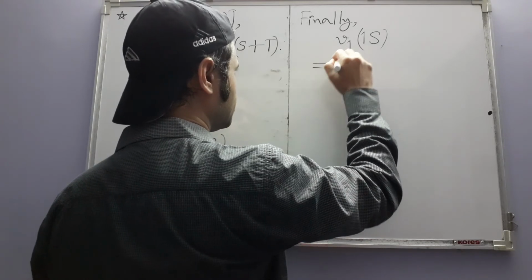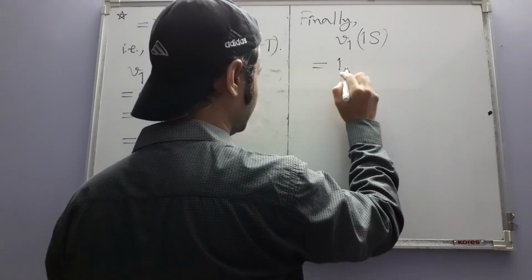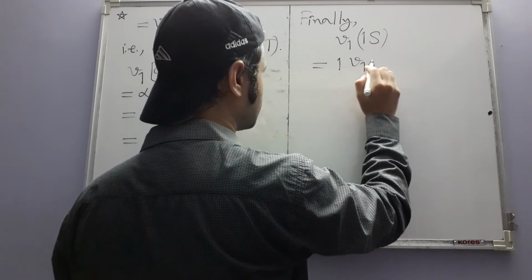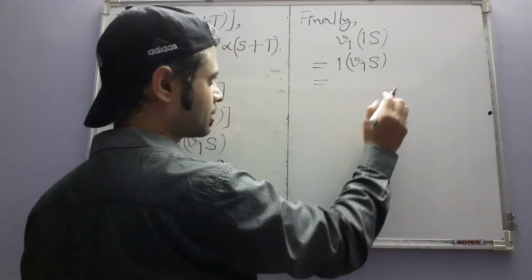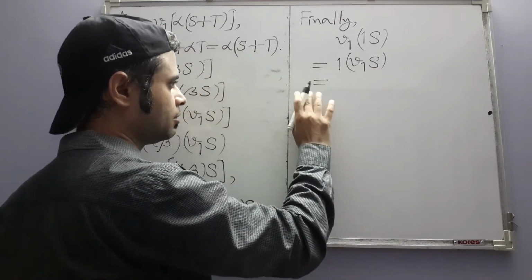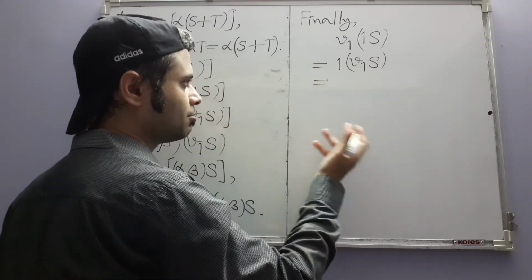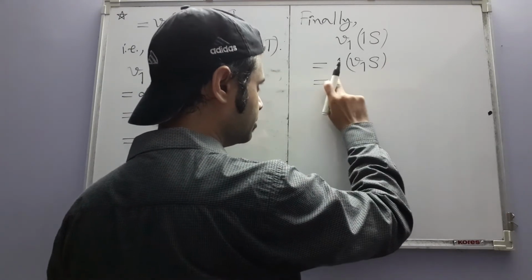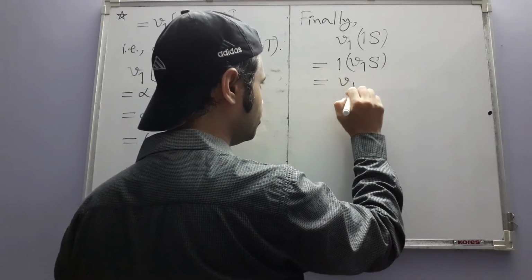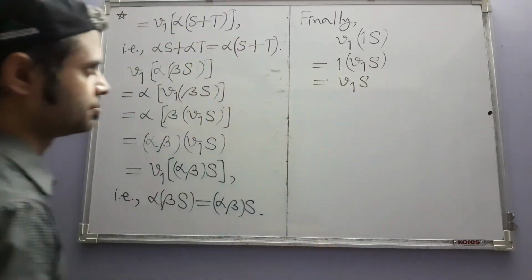So by the definition of this 1s, this is 1 times V1s, but because V1s is a vector in W, using the last axiom in the vector space W, this thing is equal to V1s itself,